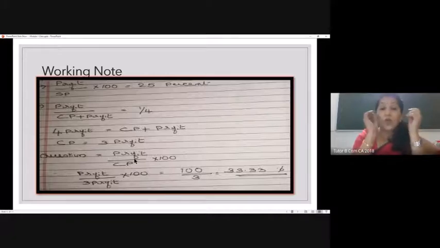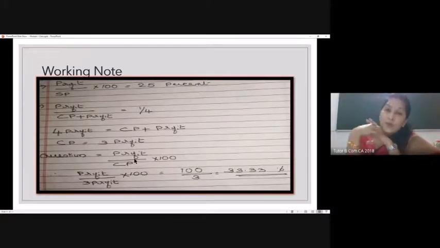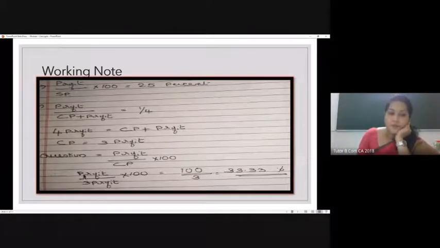We need to find out what is the percentage of profit when you're computing on the basis of cost price. Right. So what did we do? We will try to express the CP in terms of profit. So how do we do? Profit by 3P, because we got the formula like this: CP is equal to 3 profit. So we substituted this CP by this, that is 3 profit. So profit by 3 profit into 100 gives us 100 by 3, that is